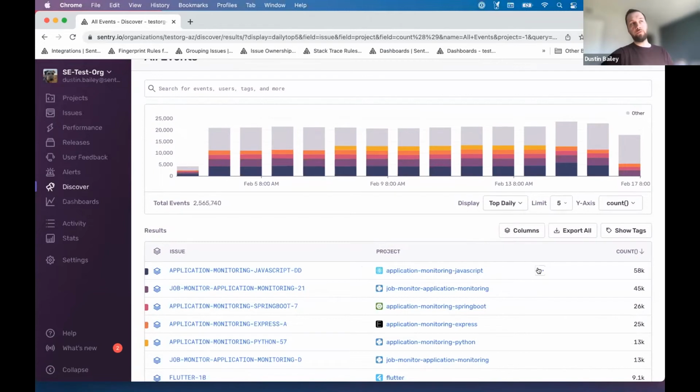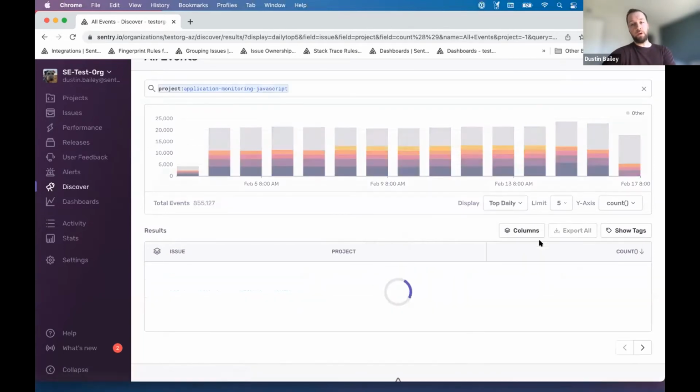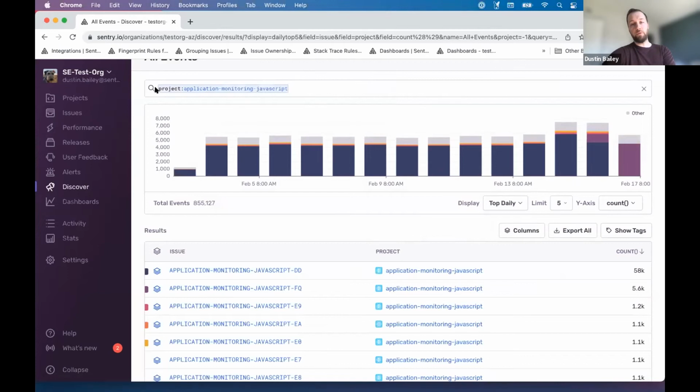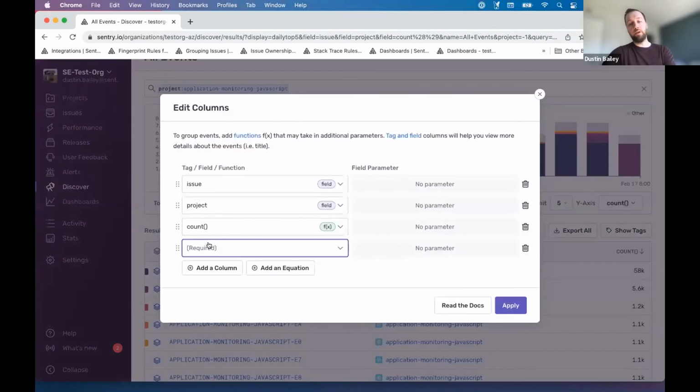So filtering is a first line action that you can take right out of this Discover query. If we wanted to, for instance, look at our noisiest issues in a particular project, we can always add that project to the filter. And now we're looking at our noisiest issues within this front-end project, and we can continue to add layers of metadata here